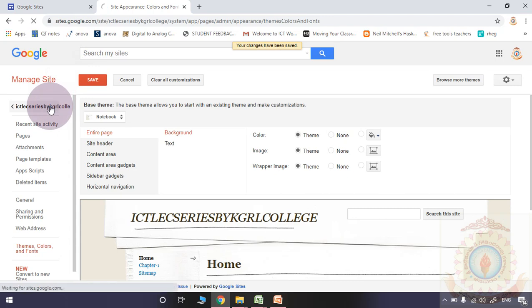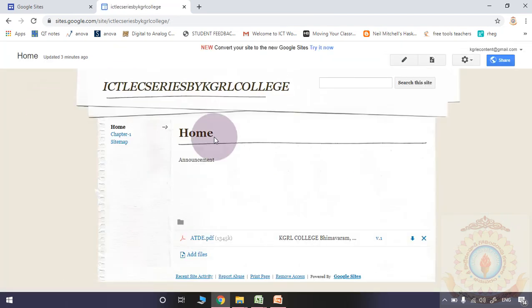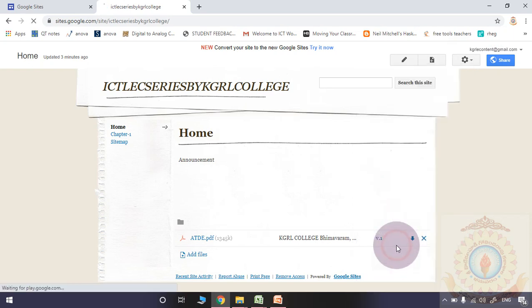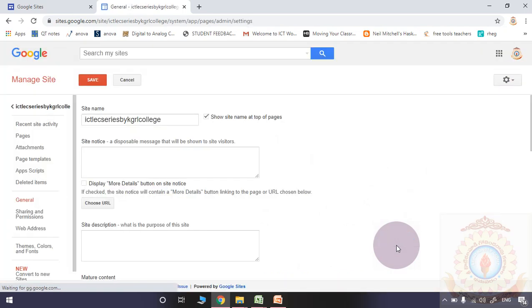I am moving to the home page. Please observe, a different style, the background theme, is appearing. Again, I'm moving to the themes, colors, fonts.